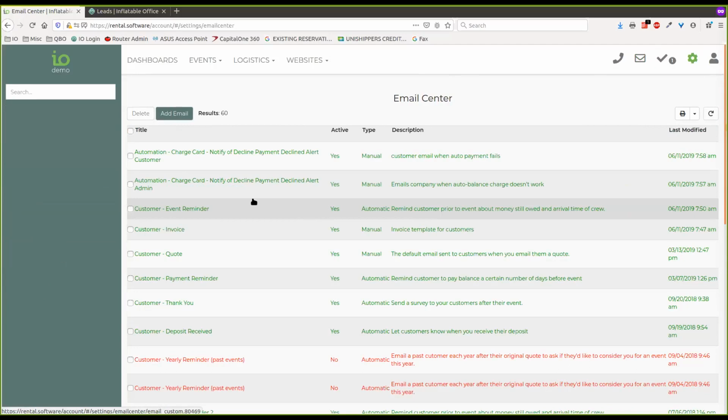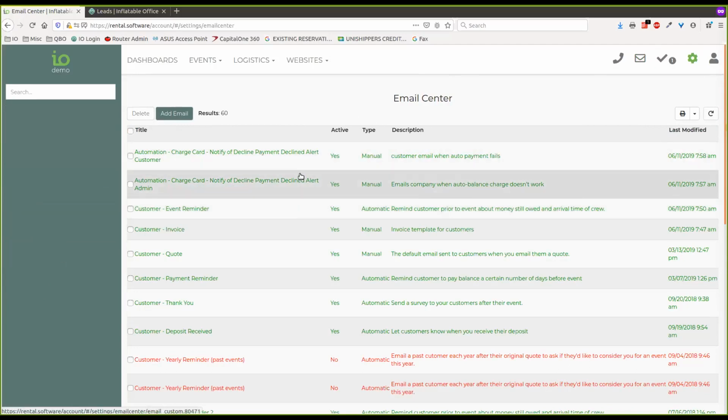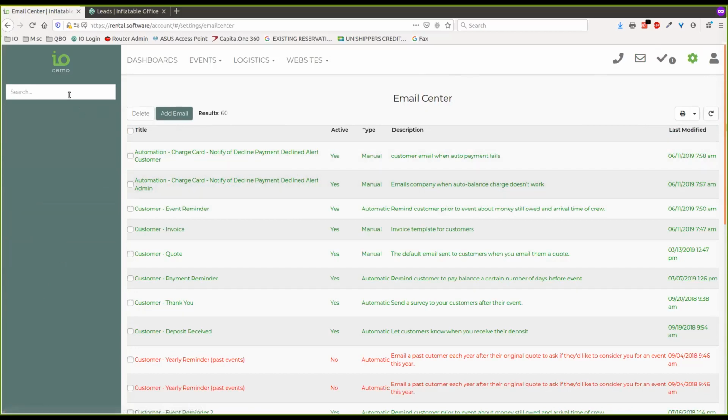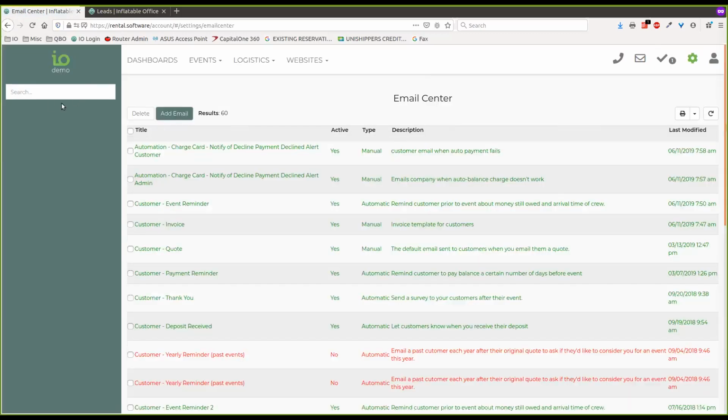So this is the email center. It shouldn't be that foreign to you as far as what the other one looked like. Same sort of things where we have different types here. Let me refresh that. So we have different categories. We have worker, vendor, customer types of emails. We also have different types here of